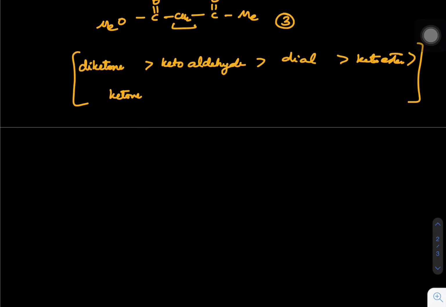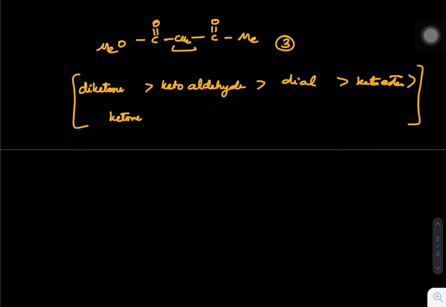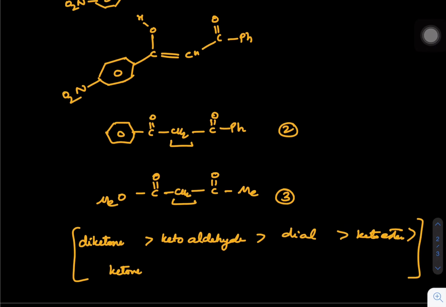One more thing to be learned here. If you have a ring which is having strain and you have a double bond O, the enol content for such cases will be compromised. Enol content will be lesser for such cases. So I hope you understood the whole discussion, and now you can practice many more questions on enol content, and it will be very helpful. Once you talk about any question, you will be getting it with much ease. The only thing is, just talk about how the system is becoming stabilized.